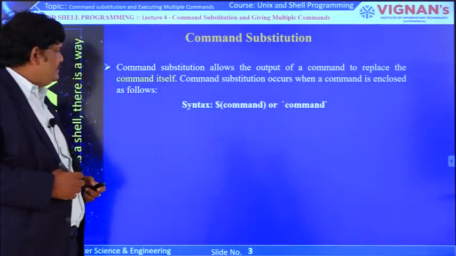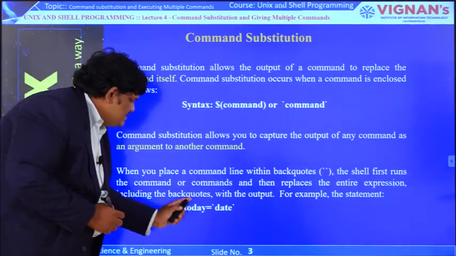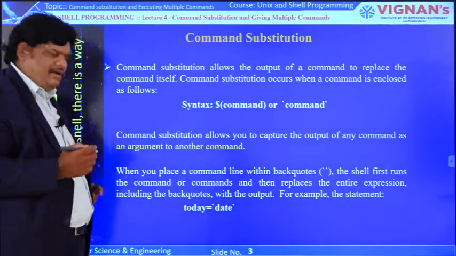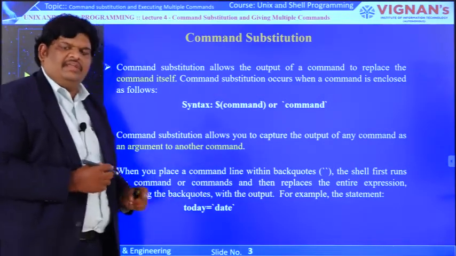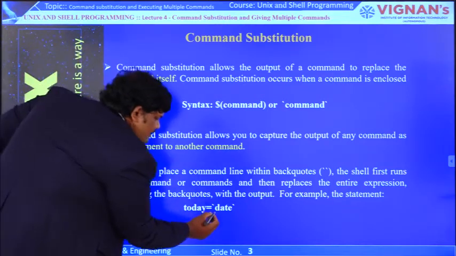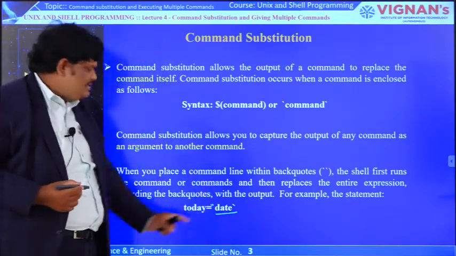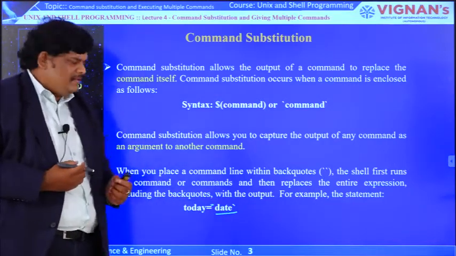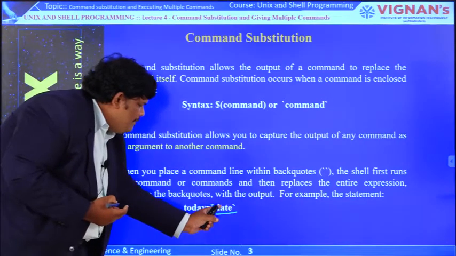What will happen is that the shell checks whether any command substitution is there in the command line or not. First it checks the command line for any command substitution. For example, let us check here: within back quotes we are writing one command. That means this is the command substitution. With that we are intimating the shell: yes, you have to substitute the output of the command here.